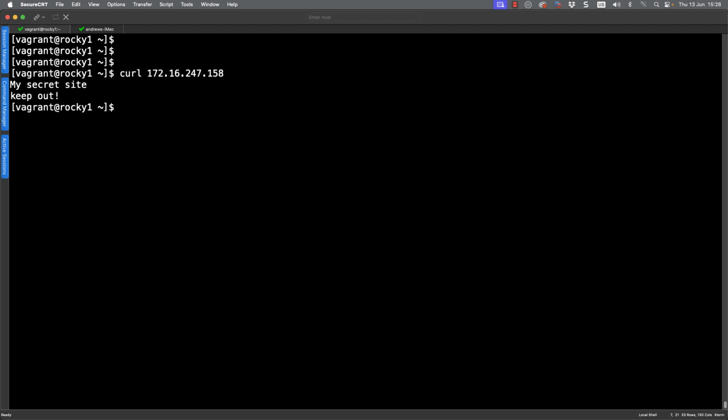However, because it's such a secret site, I'm concerned that my communication is in clear text over the network. So, of course, I need to be able to protect it. But it's an embedded device. It doesn't work with HTTPS. So what options are open to me? Well, we can go through and run SSH, and I'm going to put in a few switches. So we're going to specify to run SSH in the background, and the uppercase N says don't run any commands. I don't really want to SSH into the box, so we just need to set up the tunnel.